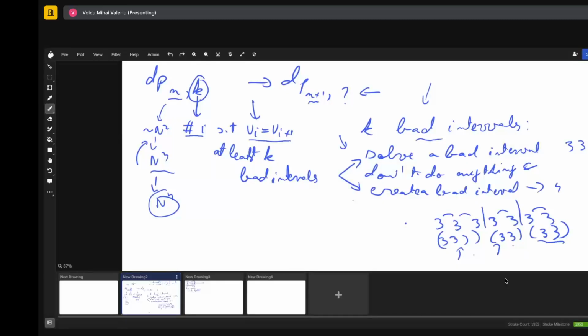Because of this, we are no longer pressured, after establishing which new bad intervals we create, to distribute these blocks of 3s into distinct subsequences,